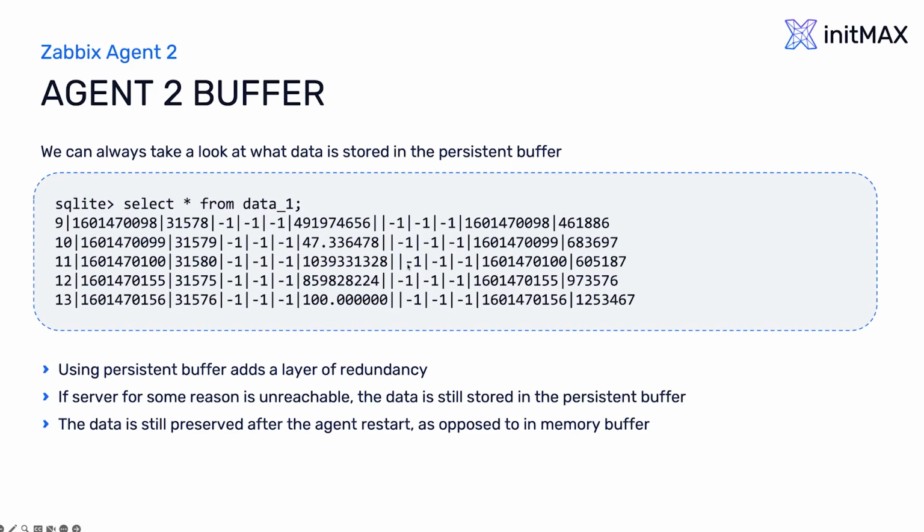But I would always suggest to think carefully in what cases you really need it. Should you enable the persistent buffer on all of your Zabbix agents too? Or should you migrate from 100,000 existing Zabbix agent ones to Zabbix agent 2 just to enable this on file system storage? Probably not,